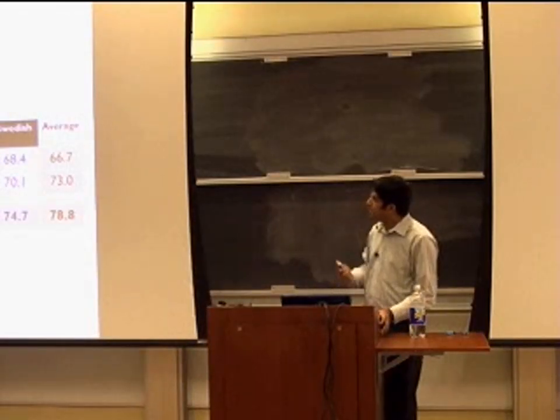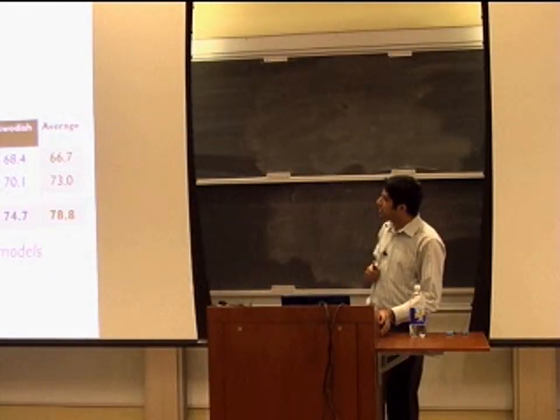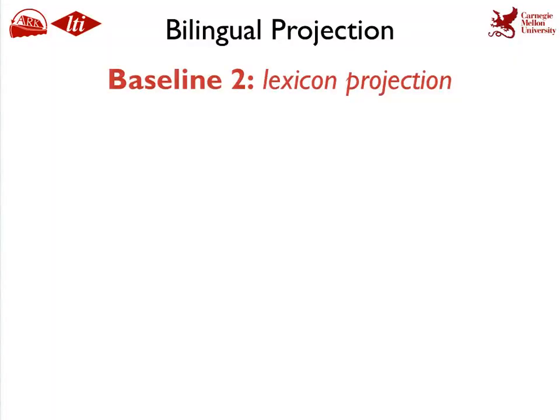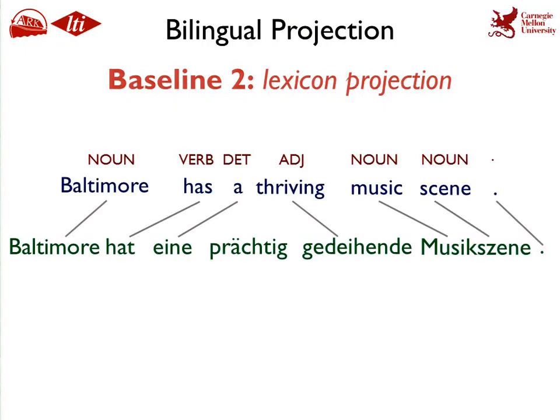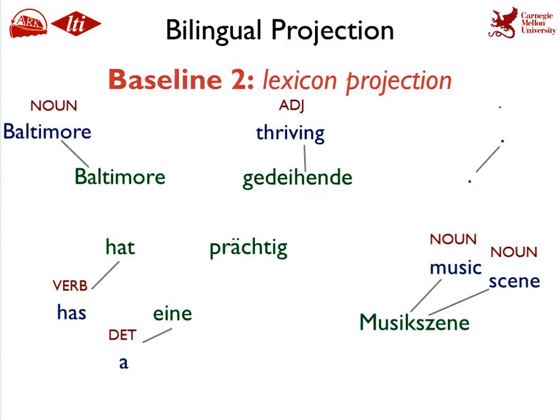Now the next idea that we consider is projection at the level of types instead of tokens. So far we were looking at direct projection at the level of tokens. At the level of types, what you can do is again take such word alignments with the English side tagged with an automatic tagger. This idea is not new, it has been explored before. So what you can do is throw away the sequence information. There will be unaligned words, ignore them, and take this bag of alignments.